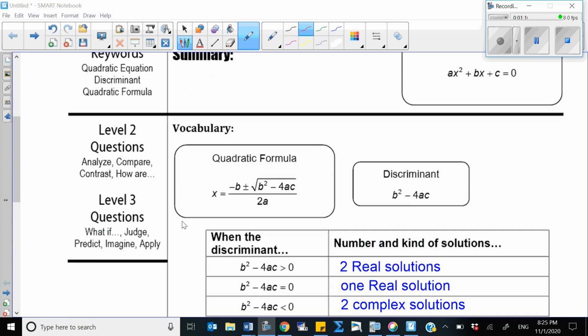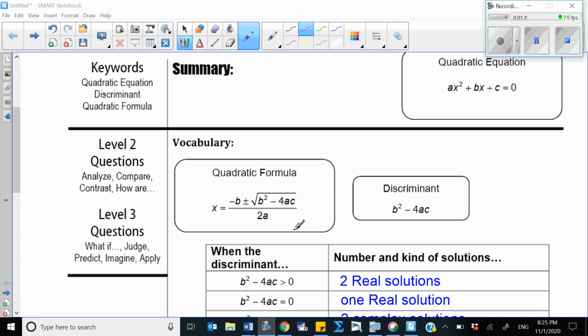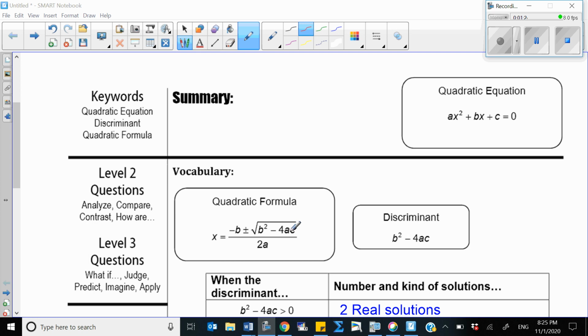What is the quadratic formula? It looks like this. x is equal to negative b plus and minus the square root of b squared minus 4ac, over 2a. So here, the terms that you see here, b squared, 4ac, and a that you see in the bottom,